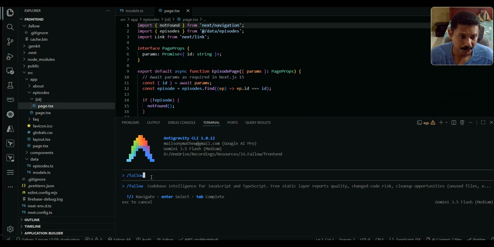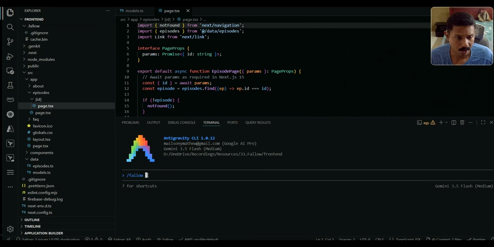The good thing about using an AI agent is that now you can chat with it instead of memorizing the commands, right? Instead of typing the commands, you could just say, show me the dead code, for example, or show me the duplicates, with /fallow, and it would understand and use those fallow tools to do what you want. So for example, I could just ask it /fallow what files need refactoring,